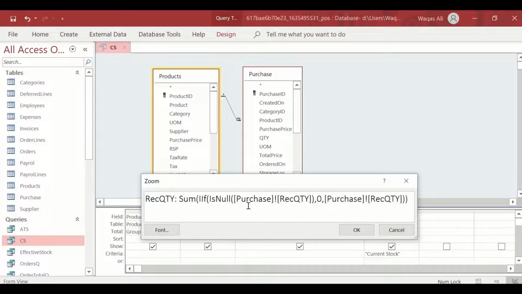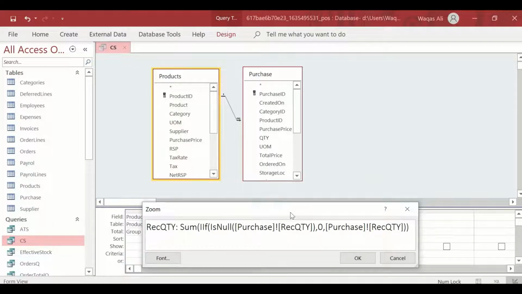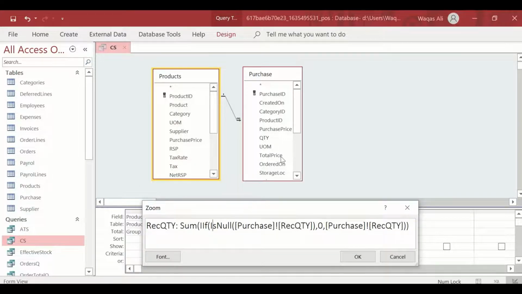So if IsNull purchase receive quantity, that means you're telling Microsoft Access that if the purchase quantity for a selected product is null, which means there has been no purchase, even in that case show a 0 quantity. Other than that, whatever is the received quantity for that particular product, demonstrate that.